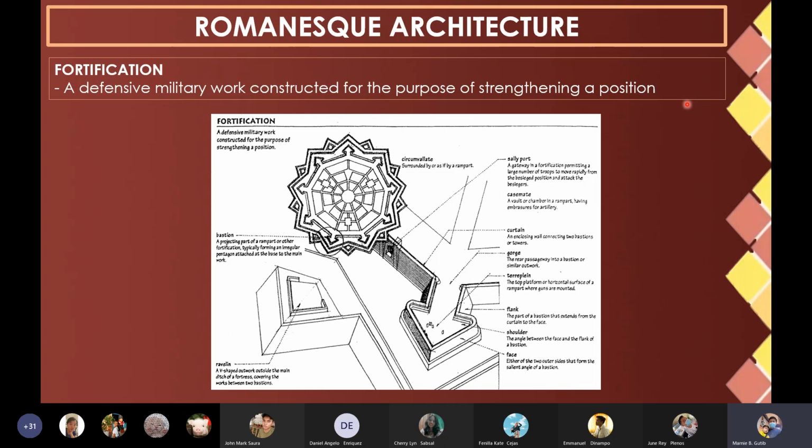the Romanesque architecture? It's because this is the time in Europe wherein feudalism started. Na yung mga lords, na yung mga kings. There's a king of that part of the country, and then lords, and then at the same time sa bottom part na nga ang mga peasants or gitawag nato mga slaves or mga farmers. So they try to fortify kaning defensive military work, ilang i-fortify ang ilang base because aside from they are afraid